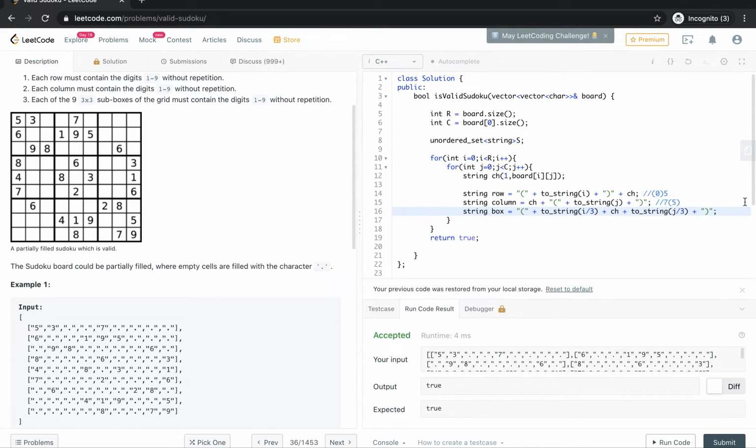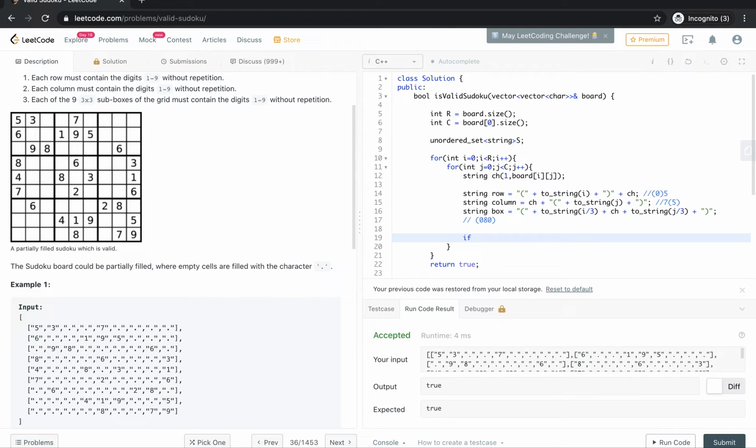So for box, the pattern will be like, let's say for 8 the box is 0, so 0, then followed by 8, which is the element, and followed by j by 3, which is 2 by 3, also 0, and then we'll close it here. This is the pattern that we are going to follow for boxes. By this way we can differentiate row, column, and box.